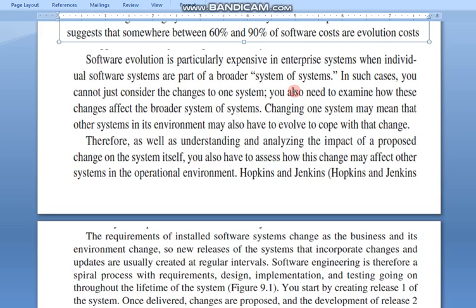In such cases we cannot just consider change to one system; we also need to examine how these changes affect the broader system of systems. It means you are working on a small part of a system, but again you need to take care whether the changes you are making in that small part cope with the existing whole system or not. Changing one system may mean that other systems in its environment may also have